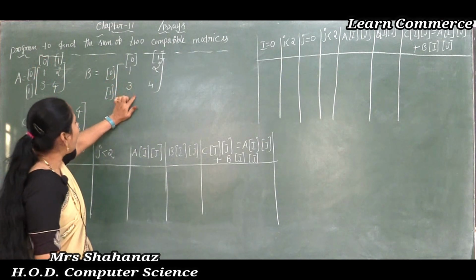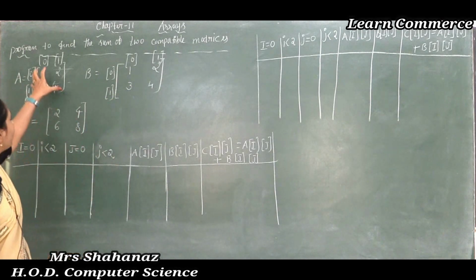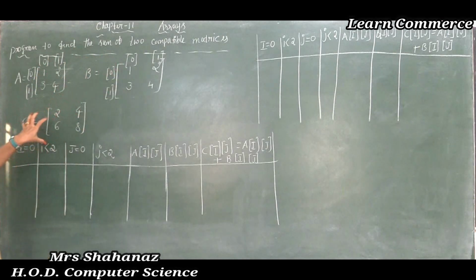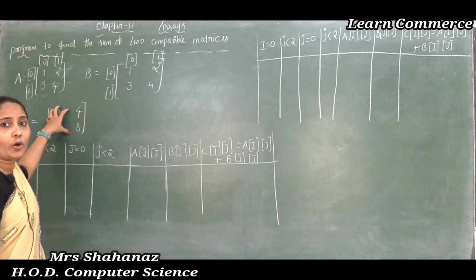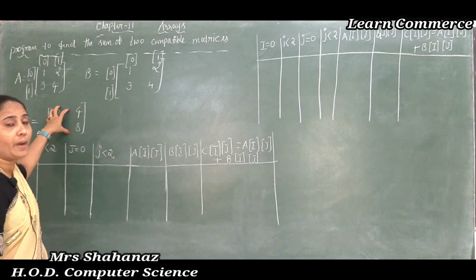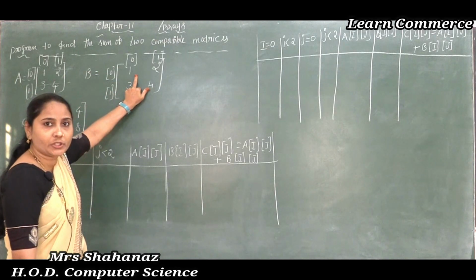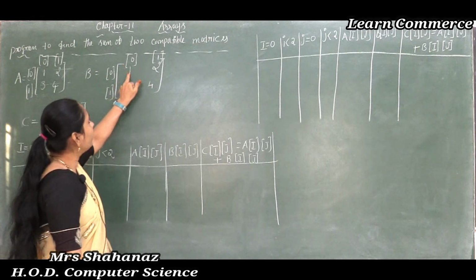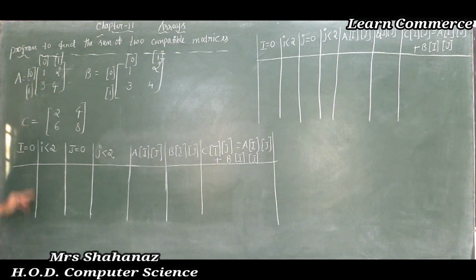And next, I also need to use the matrix B, and whatever values are there in matrix A and matrix B, I am going to add by taking matrix C. So later I am going to add all those matrix A elements and matrix B elements into matrix C here. Now let's see what the elements of our B matrix are. In the case of matrix B also, the same elements I am going to use. The elements are 1, 2, 3, 4. No changes. Whatever elements are there, the same elements I want to use. If you want, you can use others also, no problem.